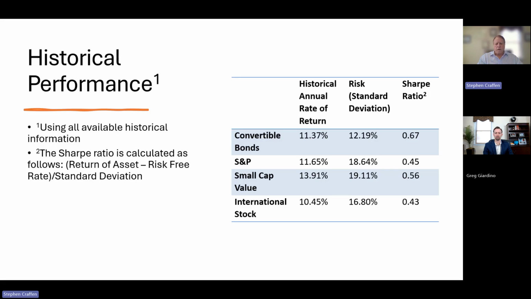But look at the difference in risk as measured by the standard deviation. It's, as I said, about 60% less. And by the way, convertible bonds are doing quite well this year. They're up around, I think, 7 or 8% this year, and they're up about 10% in our portfolios last year. So it's a very great ratio of return in relation to the risk.